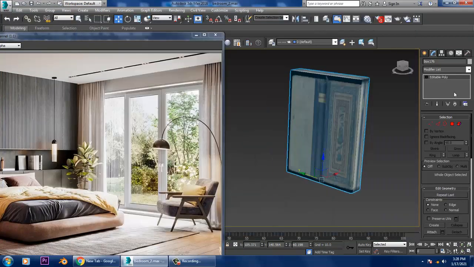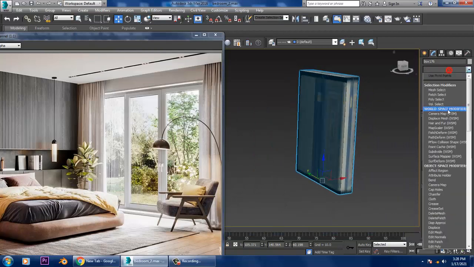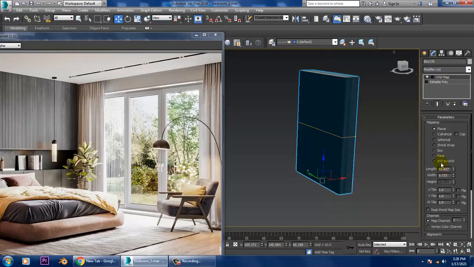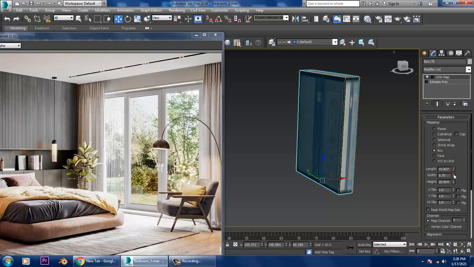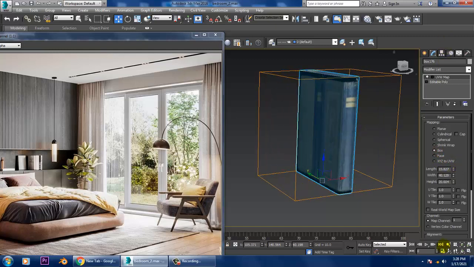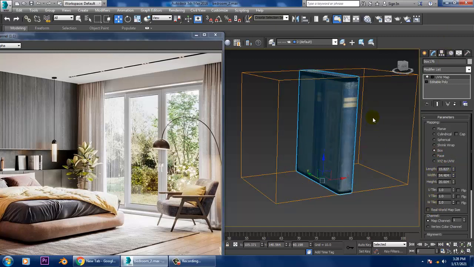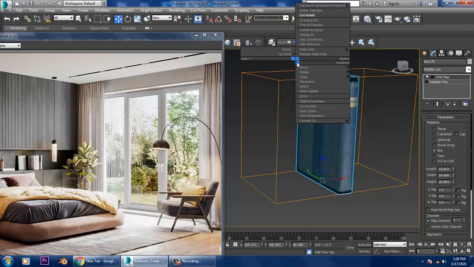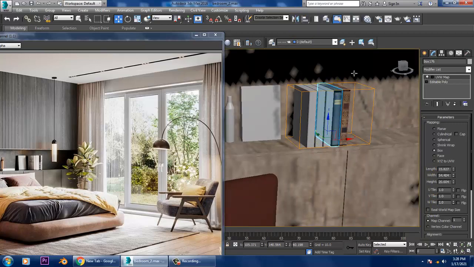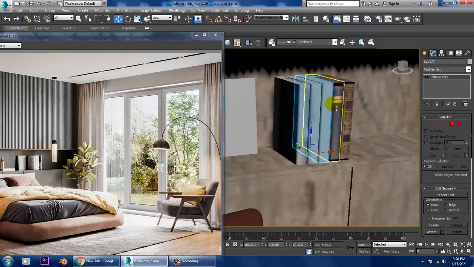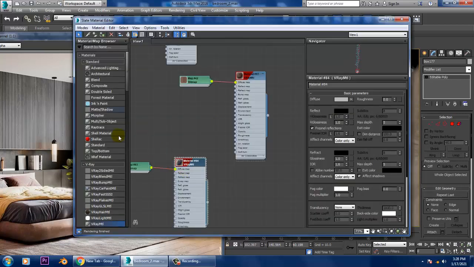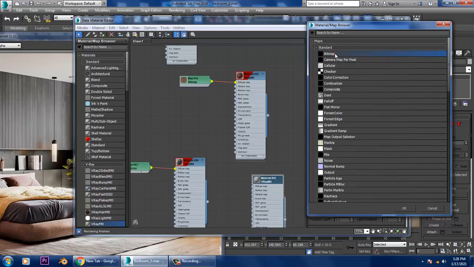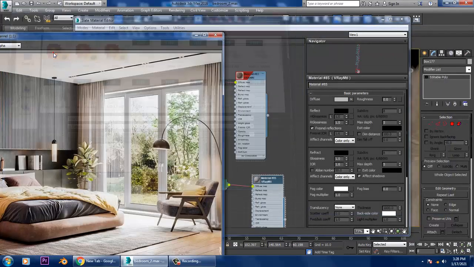UVW map, set it as a box, set this and isolate. Select this, go into material, V-Ray material again, bitmap, assign it.